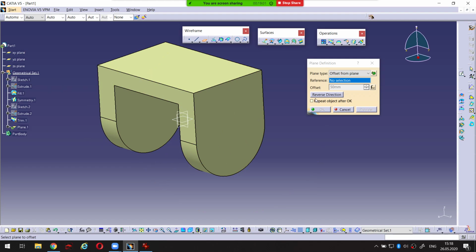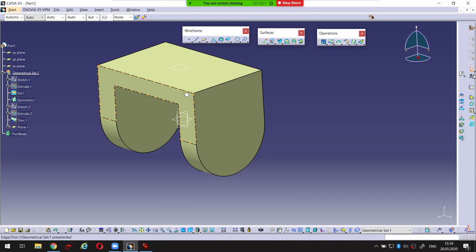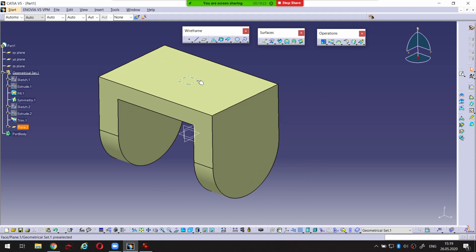So reference 1. As a reference, I select definitely this XY plane, because I want to create a new plane 50 millimeters far from the XY plane, and I just click on OK. So it is created, and on this plane, on the actually plane 1, I create another sketch